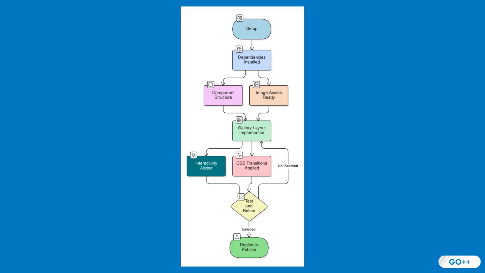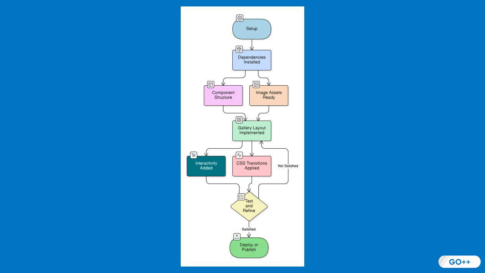Imagine each image as a piece of a puzzle that can be easily swapped or updated without affecting the whole picture. Now, pair this with CSS transitions, which add a layer of smooth, visually appealing animations when users interact with the gallery. Think of transitions as the magic that turns a simple click into a seamless animation, enhancing the overall